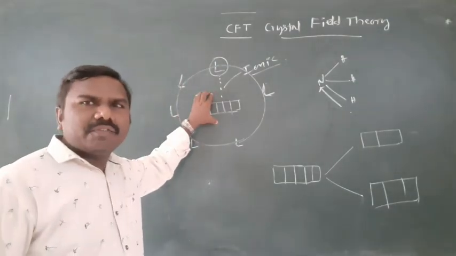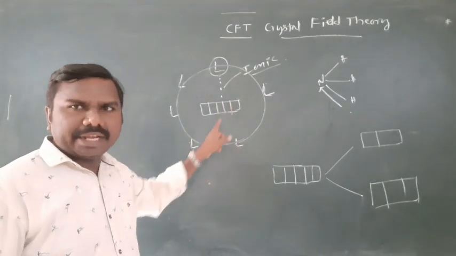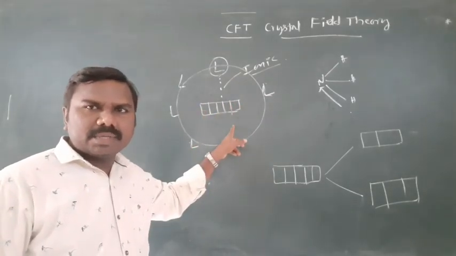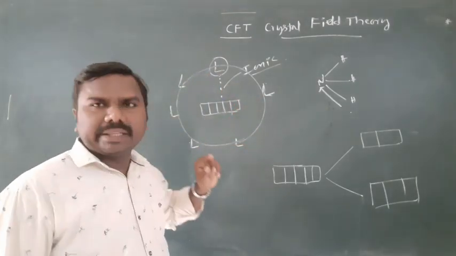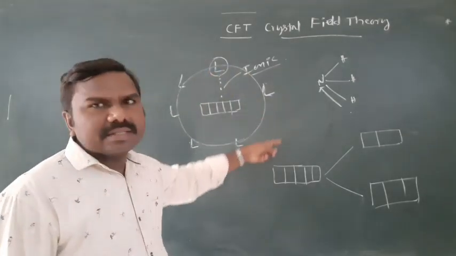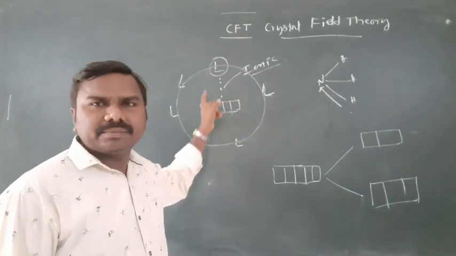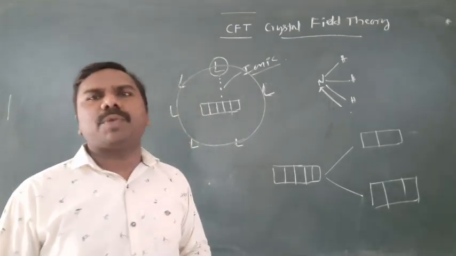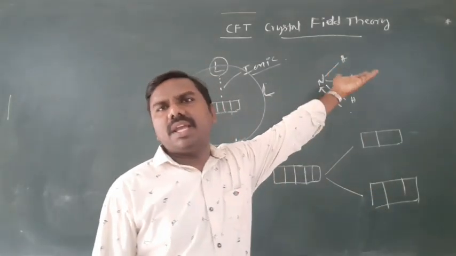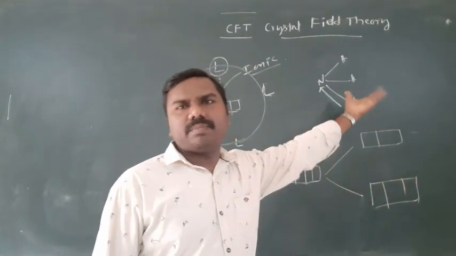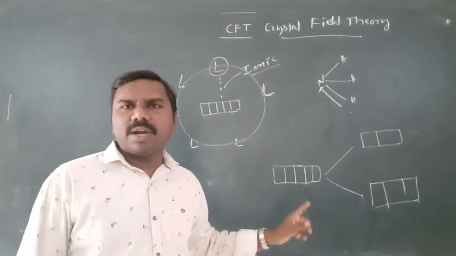So the definition of crystal field splitting: the degeneracy of d orbitals will be gone when ligands approach the central metal atom. Clear? The d orbitals are present in the central metal atom. Otherwise, the splitting of the spherical symmetrical crystal field in the presence of a ligand is called crystal field splitting. Right? So these three will be downside, these two will be upside. Why down, why up? Reasons we'll discuss afterwards. Now we'll write all these points one by one.